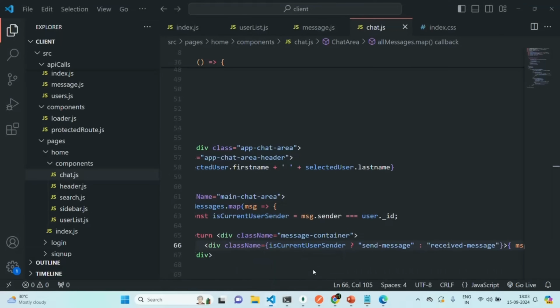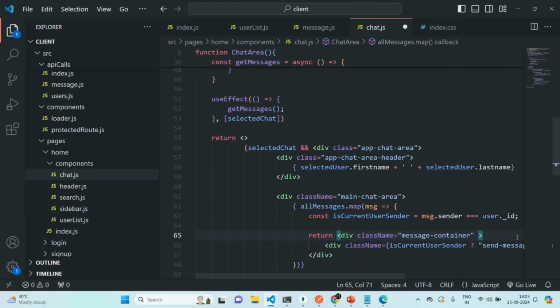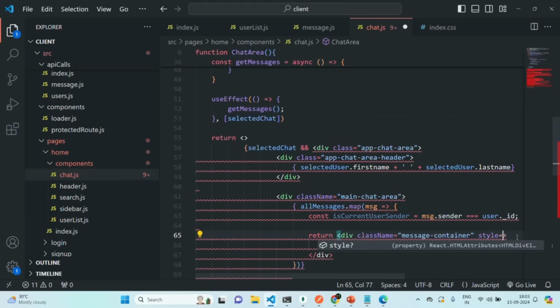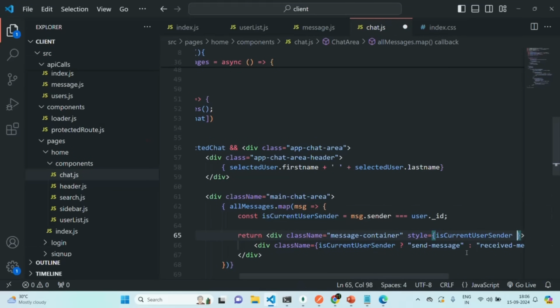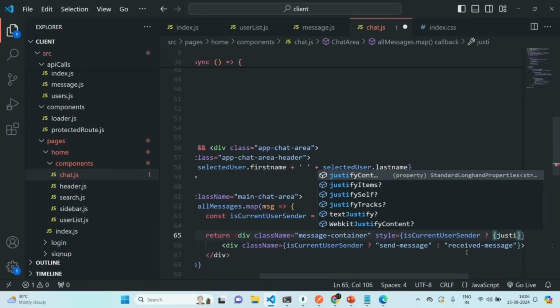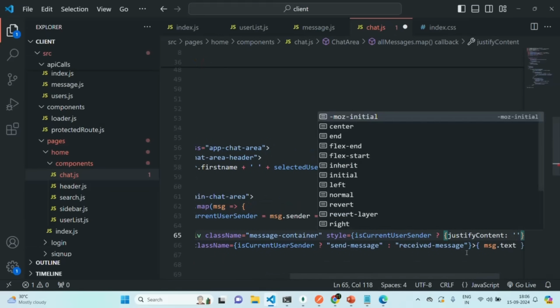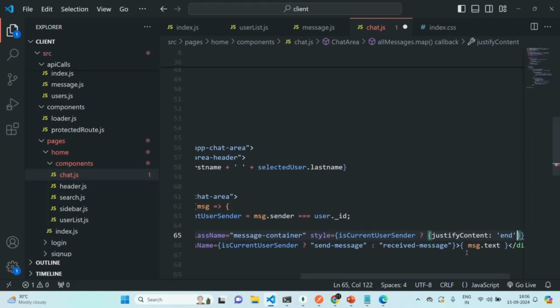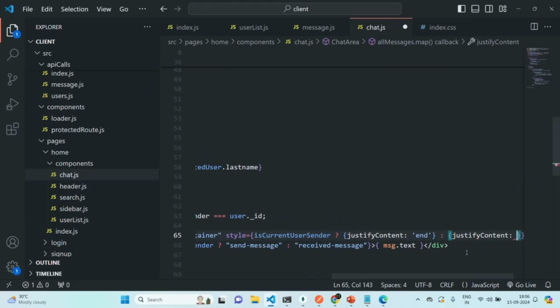For that, on this outer div, we are going to set a style, and we want to set this style dynamically. Here also we want to use isCurrentUserSender. So if it is true, we want to set justify content to end. Otherwise, we want to set justify content to start. Let's save the changes,